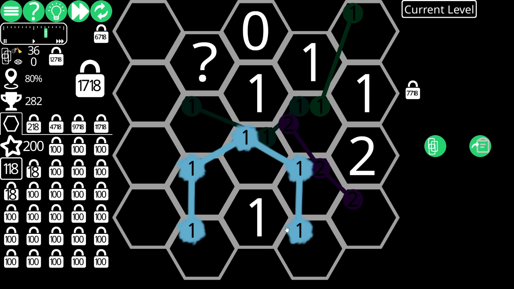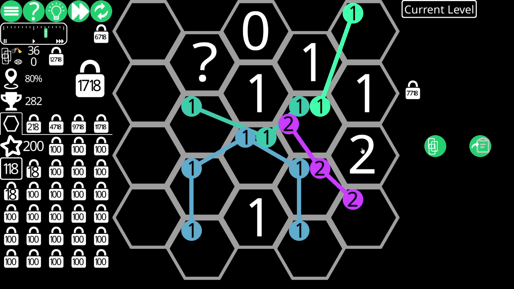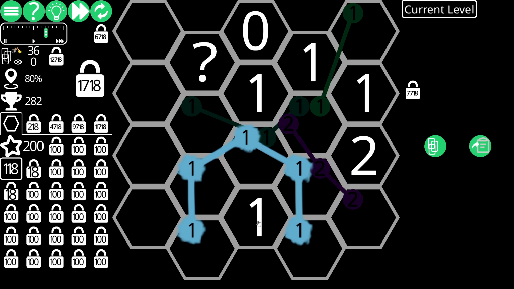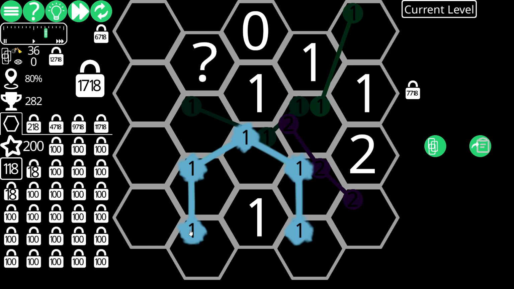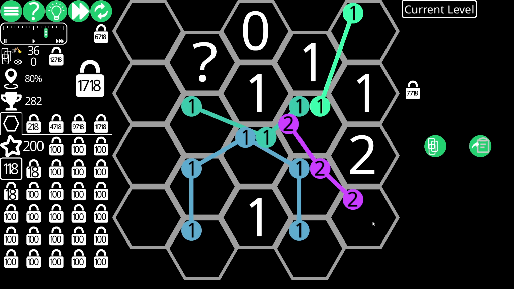We know that if this one... this 2 is messing me up because it could go right here, right? It could go right here, and then that ruins, like, everything. Because then this 1 is on an island by himself. And if you do this...